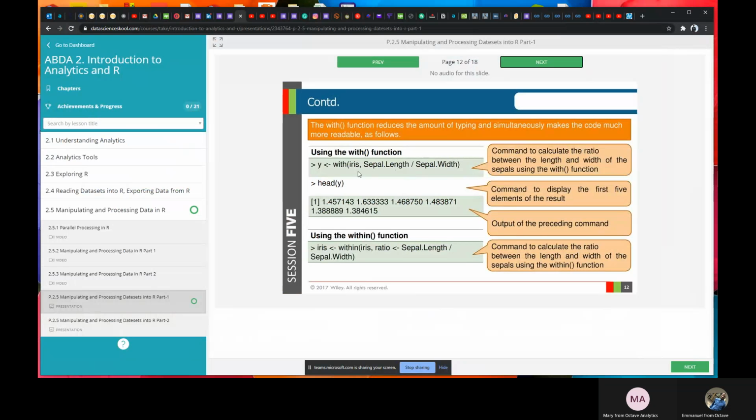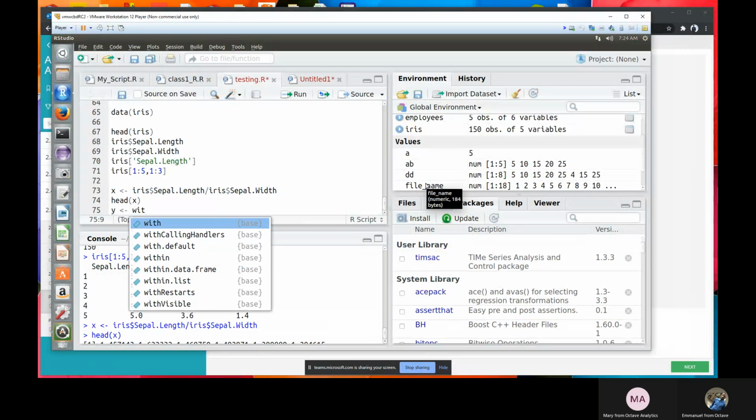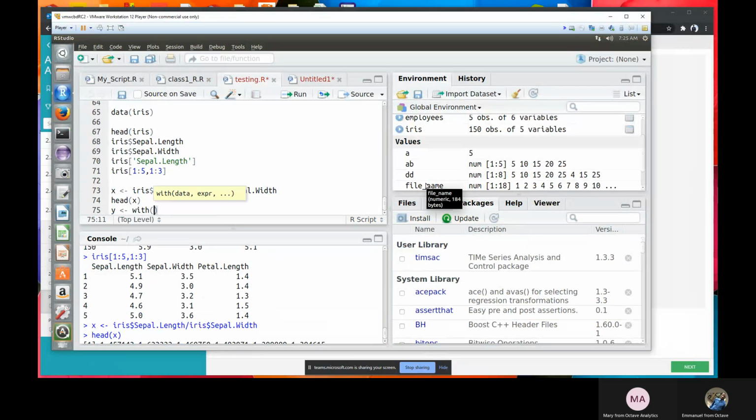So I can just write with, the iris data, do this operation for me. Then I just assign that operation to what? To y. So let me do that for you so you can see. This same operation I did here, I can just say, okay, y is now equal to with iris, then I can just write out this operation.